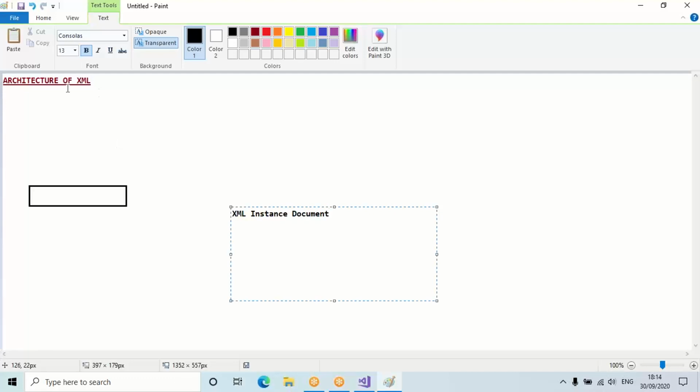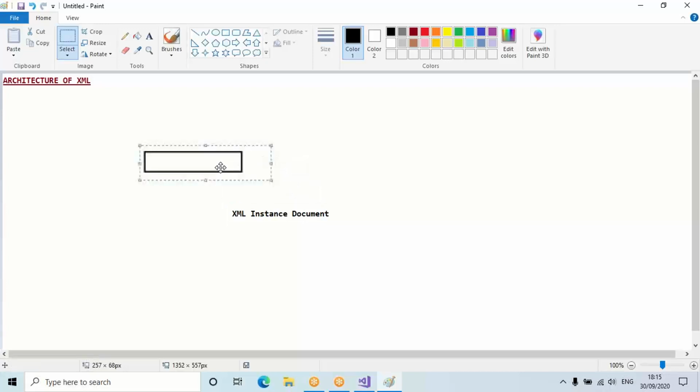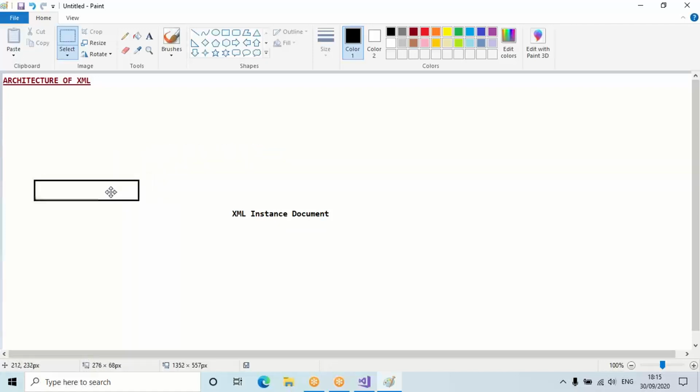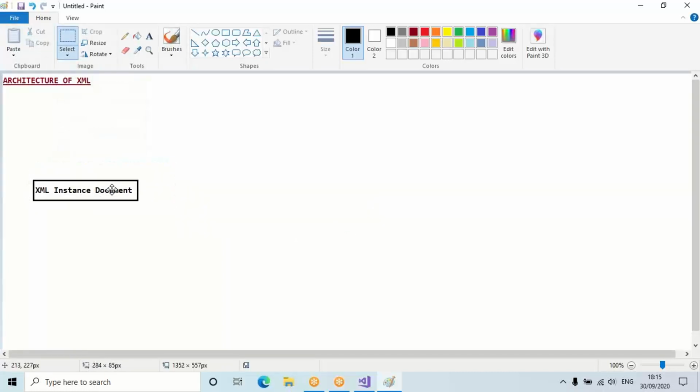First part. What do you call? XML instance document. So this is one object that we are going to have for XML. And you give this document